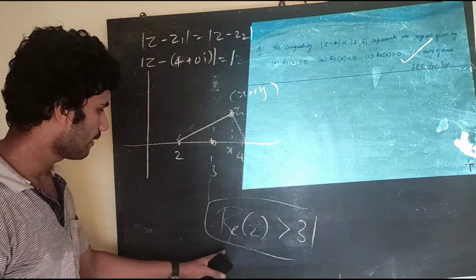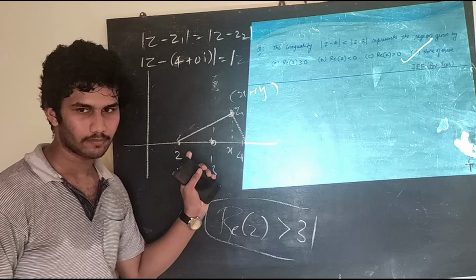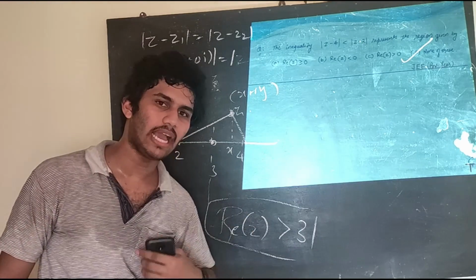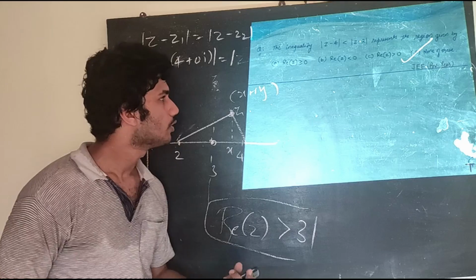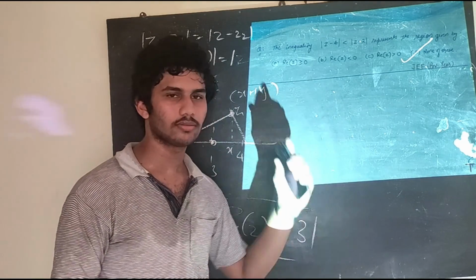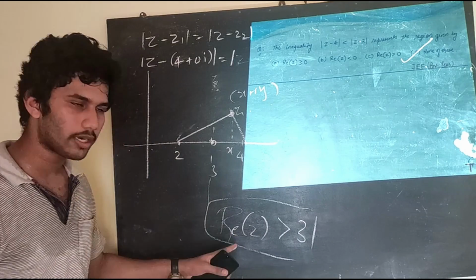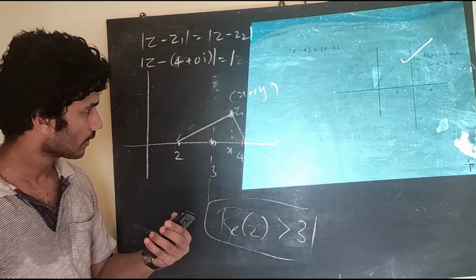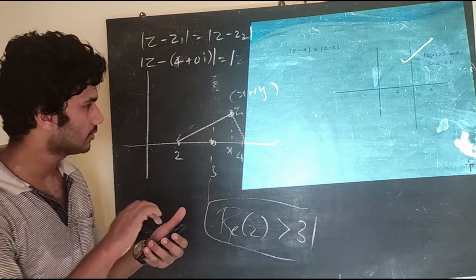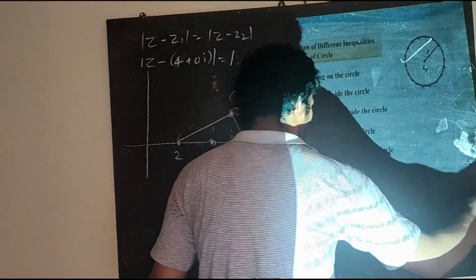Because real part is greater than 3, it cannot be less than 3. Real part greater than or equal to 0 means it can take a value between 0 and 3 also. So option A cannot be, option B cannot be, option C cannot be, and so the answer is none of this. The actual answer is real part of z is greater than 3. This is the visualization we have discussed. Now let's move on to the last topic of the day.